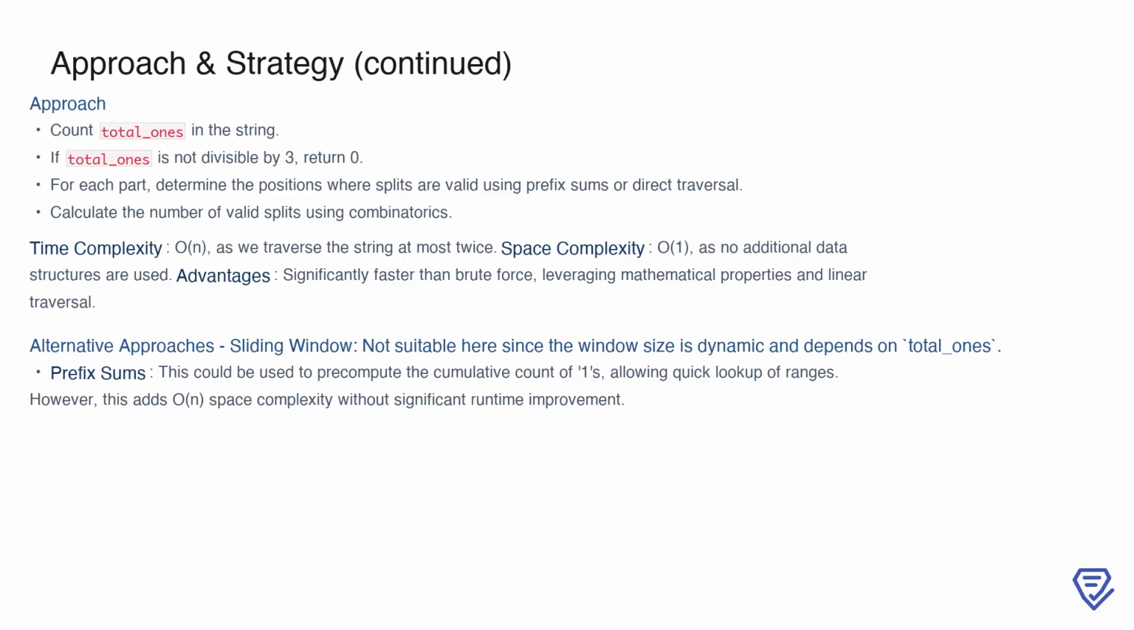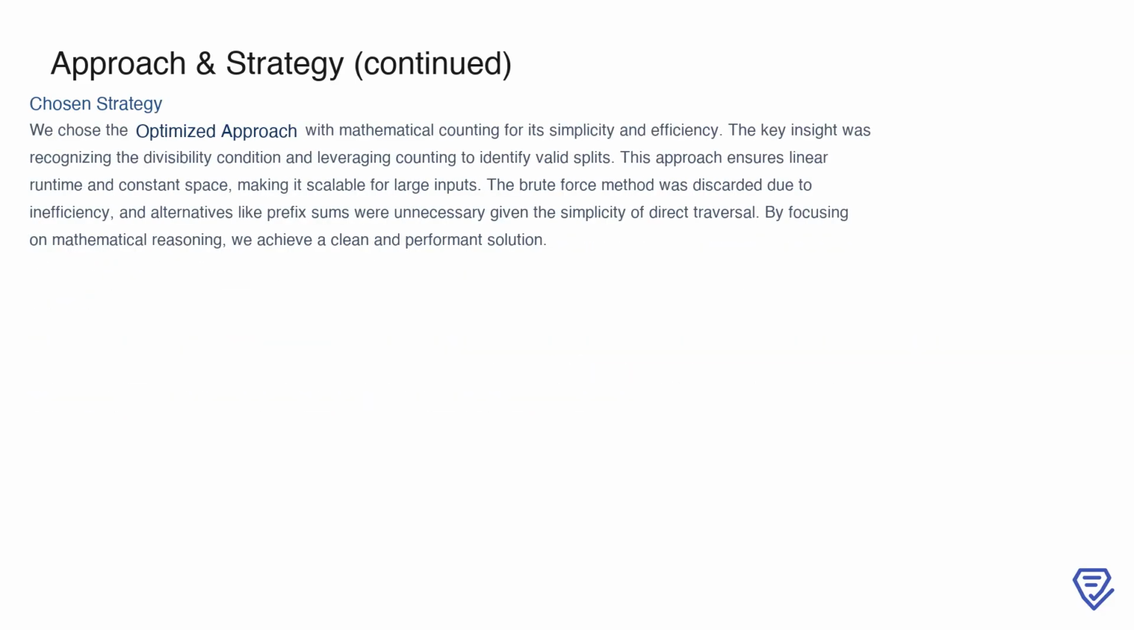While other techniques, such as sliding windows or prefix sums, might seem applicable, they either fail to suit the dynamic nature of the problem or add unnecessary complexity without a proportional gain in performance. The chosen strategy for this problem is the optimized approach based on mathematical counting. This method stands out for its simplicity and efficiency, as it directly addresses the core insight, the divisibility of total ones by 3. By focusing on this key property, we can quickly determine whether a solution exists and, if so,